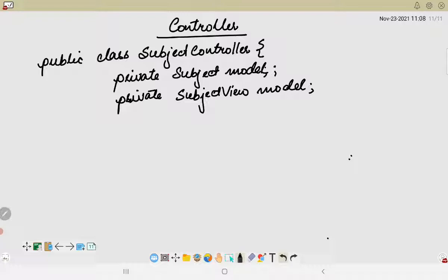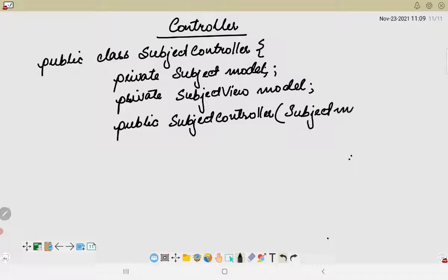Okay, so now what we will be doing is, let us create a constructor here. So public SubjectController, it is the same name as that of the class, and here we will be having SubjectModel and SubjectView.